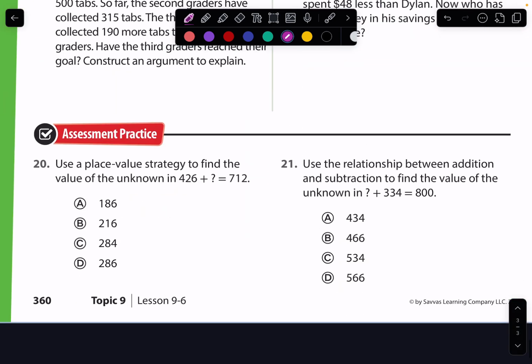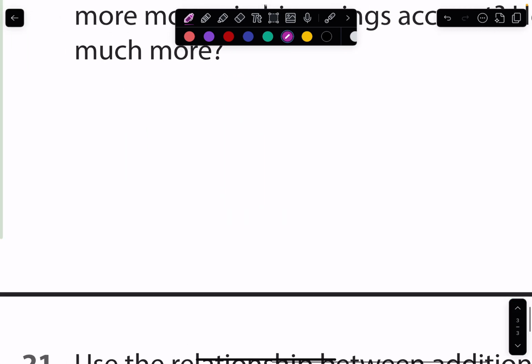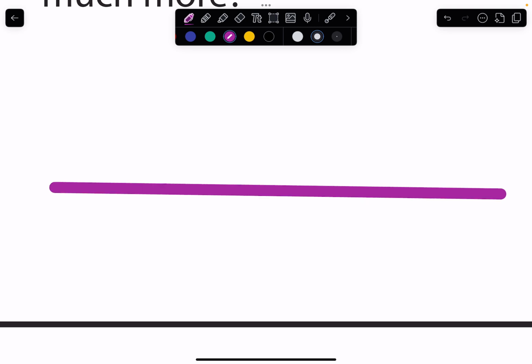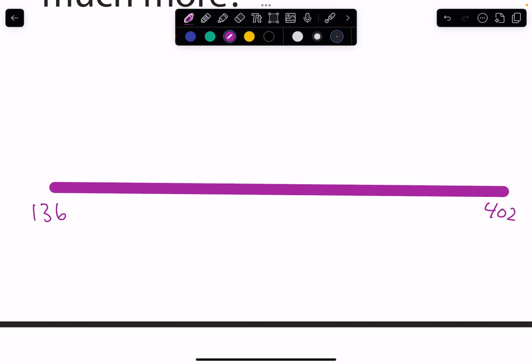Let's find a blank space here and draw my number line. Again, our starting point is 136, and we're trying to get to 402. As we did in the first part, we went 136 plus 100 equals 236, plus another 100,